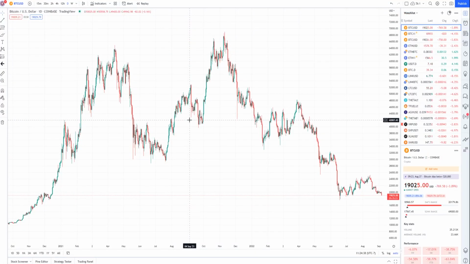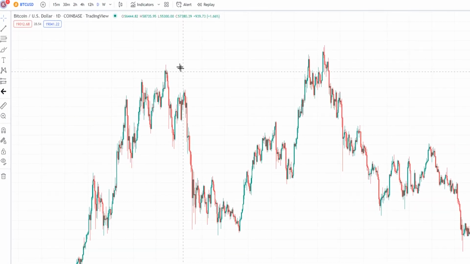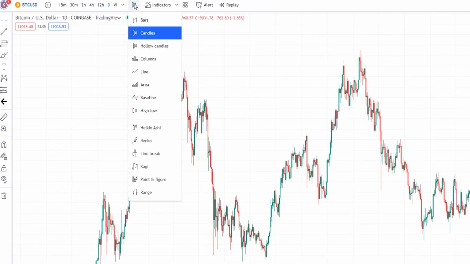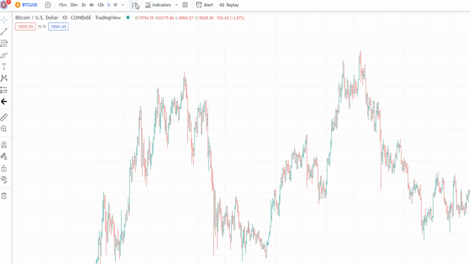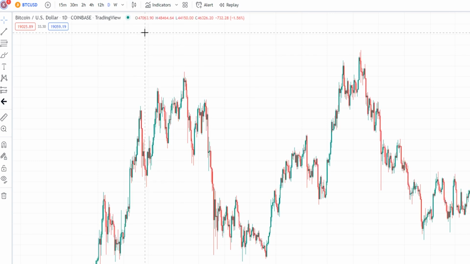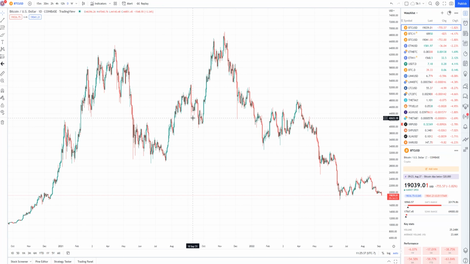The default setting of the price action chart is candlesticks. If you wish to change that, just simply come up here to the candlesticks, give this a click, and then select your preference from this drop-down menu. Here you can find line charts, you can switch things to bars, but my preference is candles, so I'm going to be using that for this tutorial. In a nutshell,